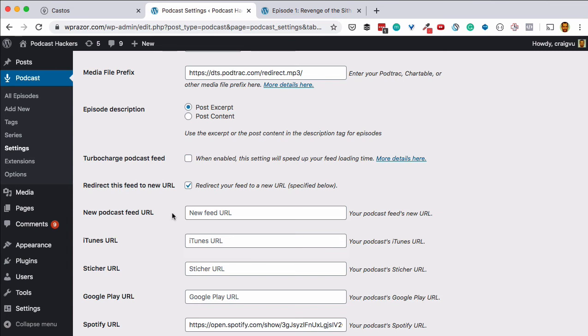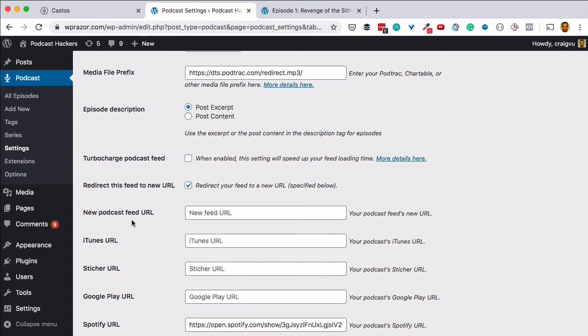We'll walk you through the whole process. We have some really great help docs in our support area about this as well. But just to know that if you're moving your podcast site or URL, or if you're moving from WordPress to a platform like Castos to manage your feed, this is where you would put it in, and this would be like that